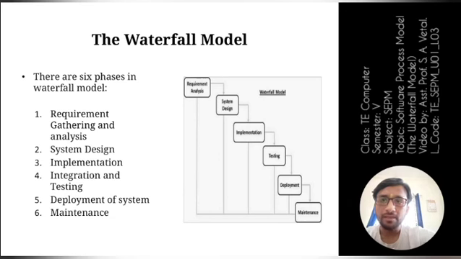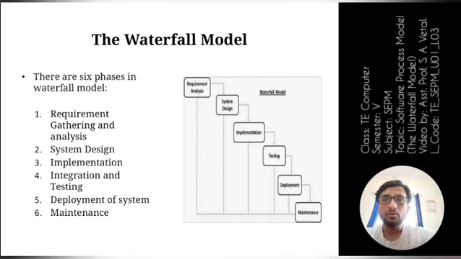If you observe the diagram, you will observe that all these stages are arranged in such a way that it is like a waterfall. The name given to this model, waterfall, is for the same reason, because it looks like a waterfall. And one more thing that we should understand is that, as water can flow from top to bottom only, we cannot make it reverse flow, right? It will always flow from top to bottom. Likewise, these phases can be executed from top to bottom only. You cannot reverse any stage.